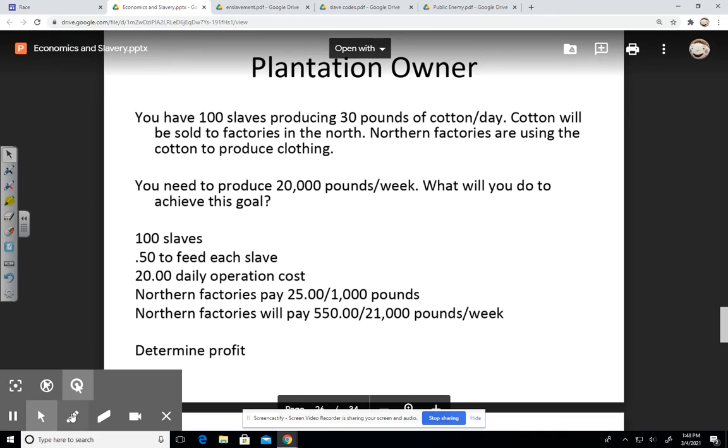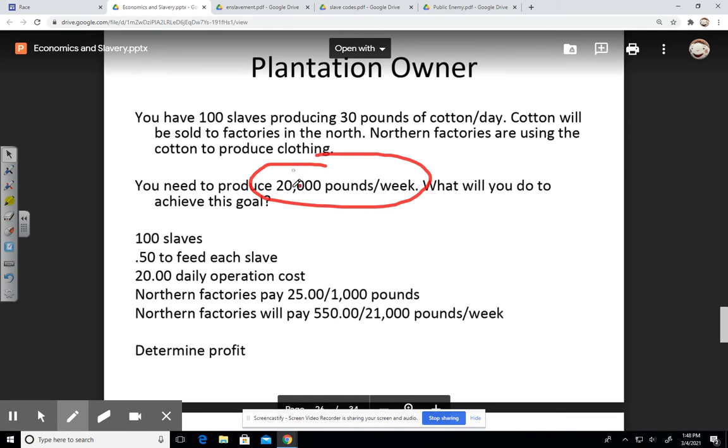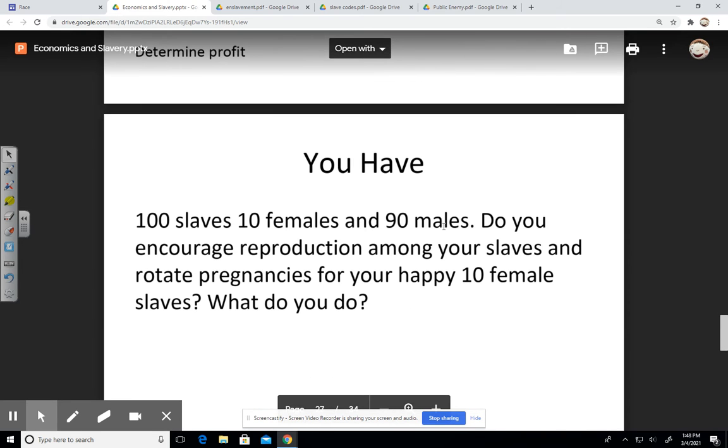You have to produce a certain amount per week, and that is going to require you to have a labor force. Now, again, I'm not advocating on behalf of the institution. Just trying to get you, again, to think about the impact that money has in influencing government officials. There seems to be a lot of money invested in this institution of slavery, which is part of the reason why this institution is going to last so long.